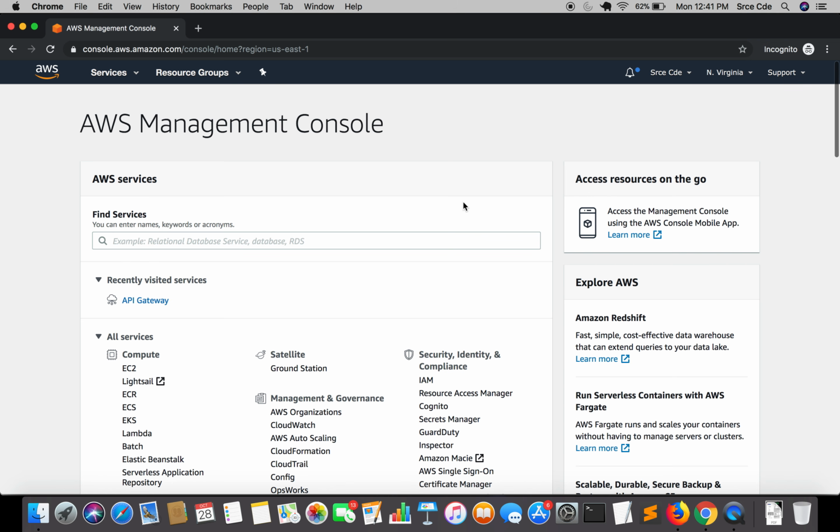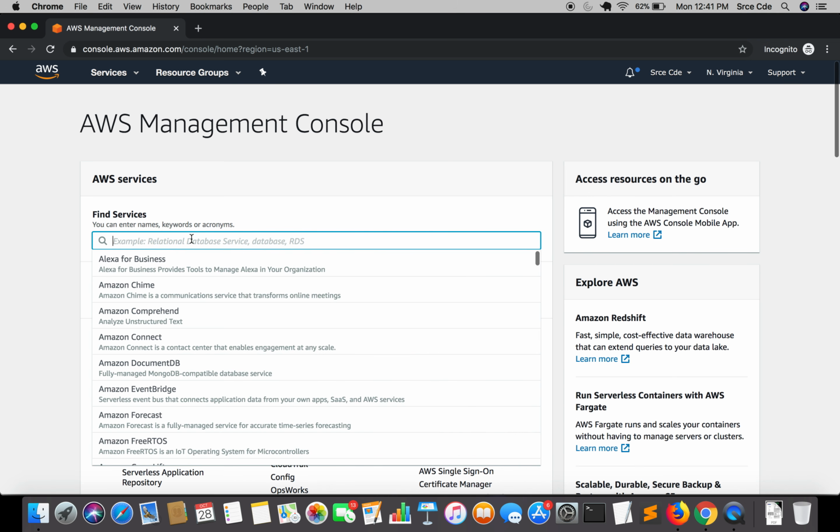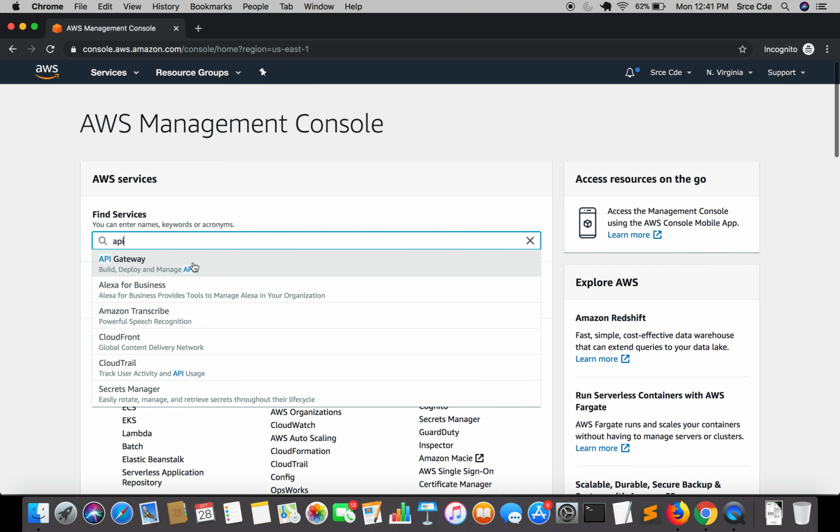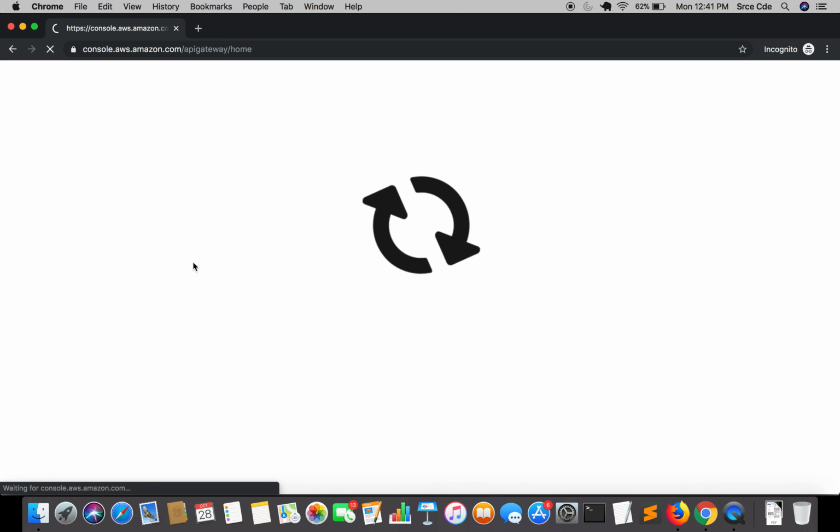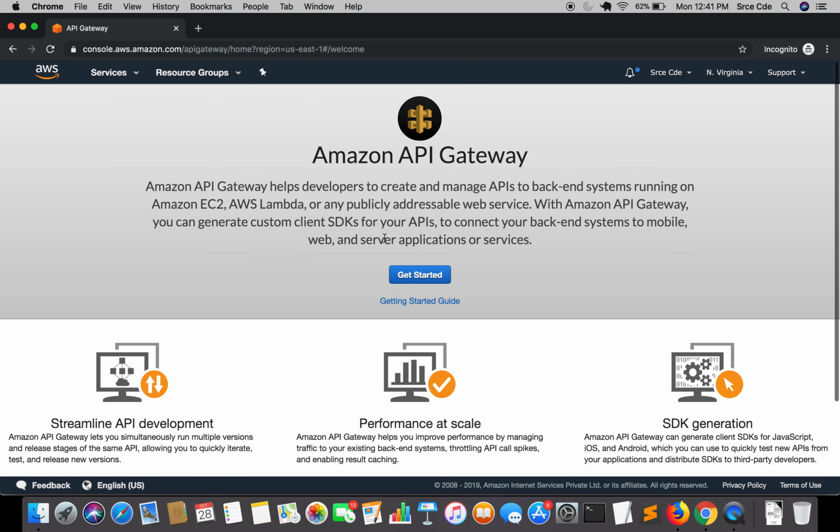Welcome to part 1 of the tutorial series on Amazon API Gateway. I'm assuming that you have already logged into the AWS Management Console, and once you are there, navigate to API Gateway. I have no API Gateway created, so it's showing this screen.